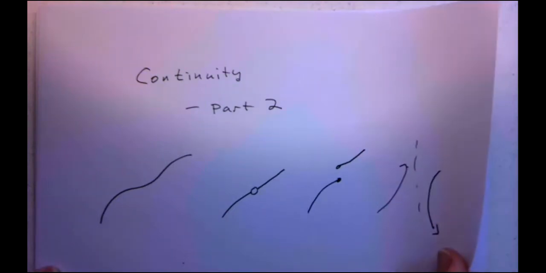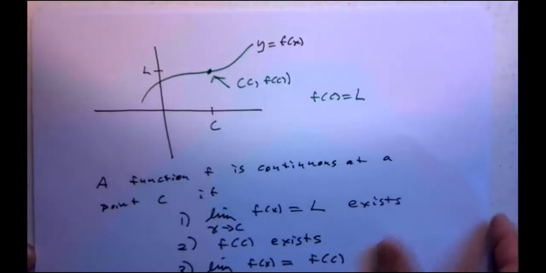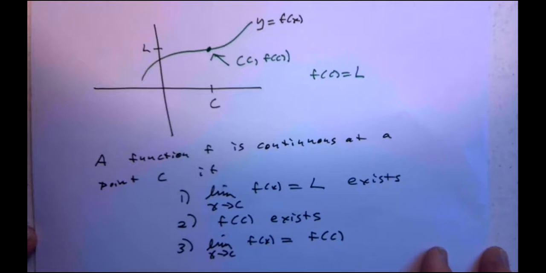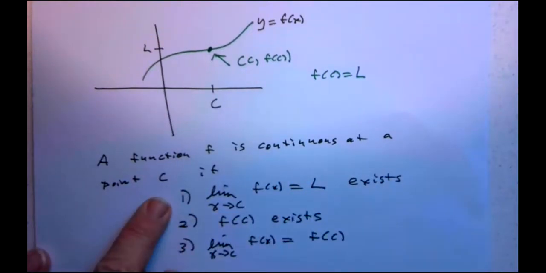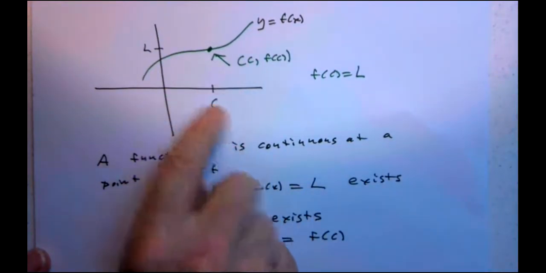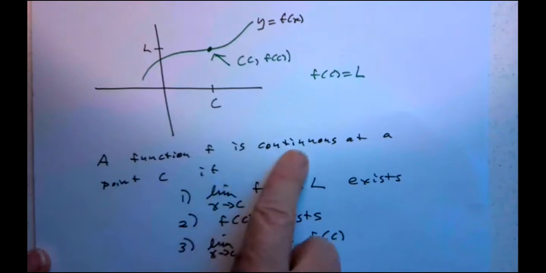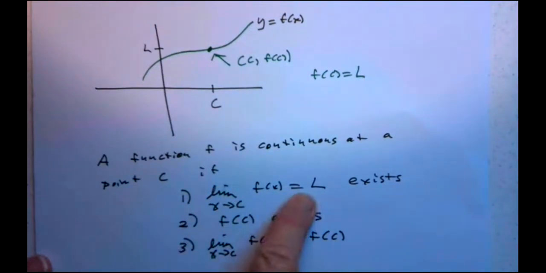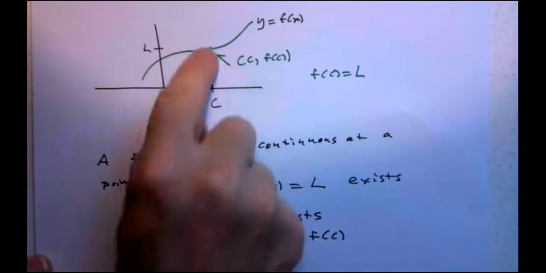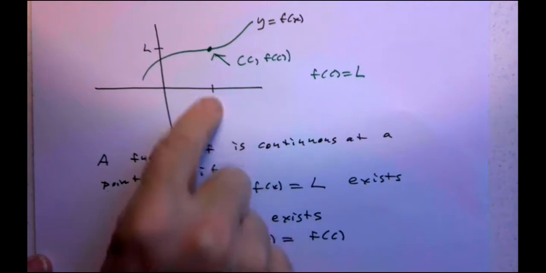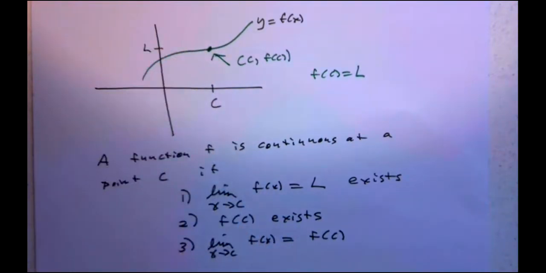Now, what's our formal definition of being continuous? What do we say? A function f is continuous at a point C. There's C. There's the function f. It is continuous at C if the limit exists. We're calling it equal to L. So the limit exists. The value of the function exists, and it equals L. So that's our formal definition of continuity, but we want to add some things to that, some concepts that we